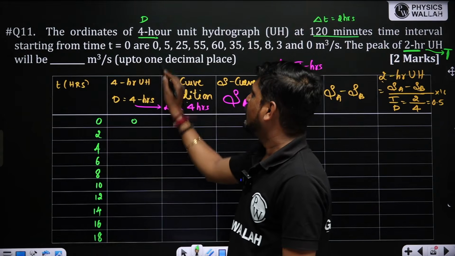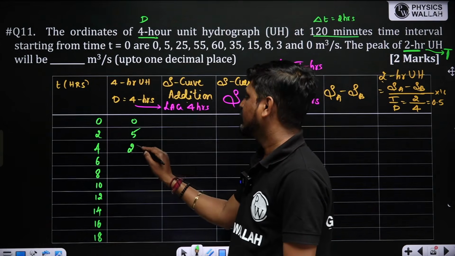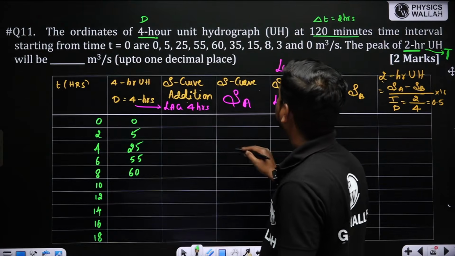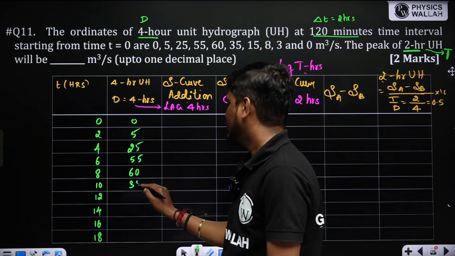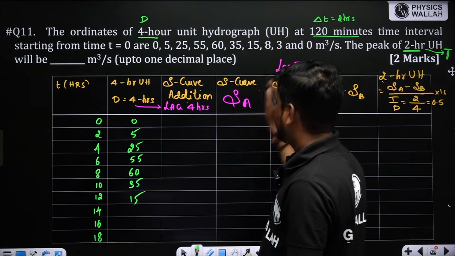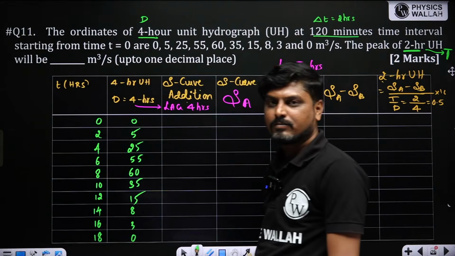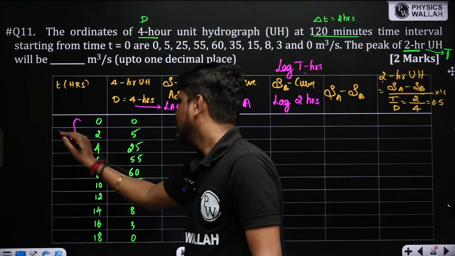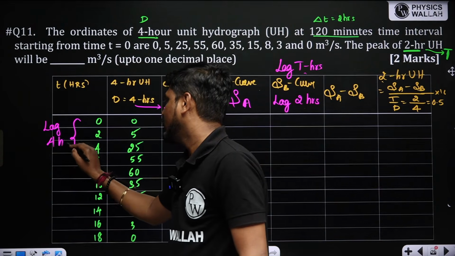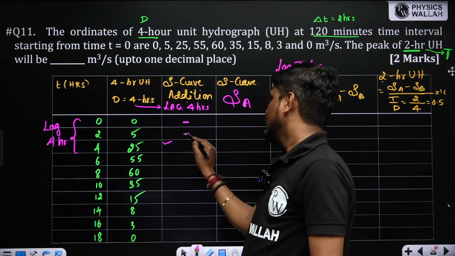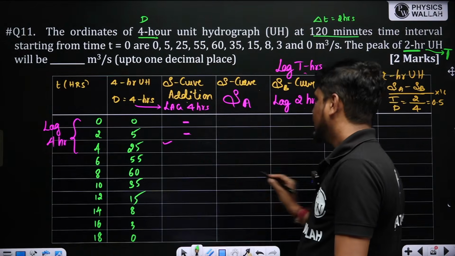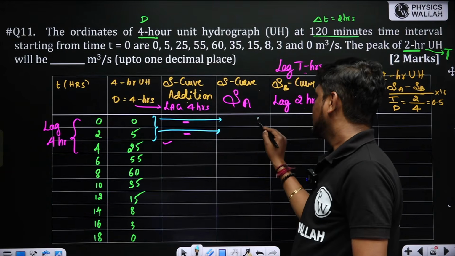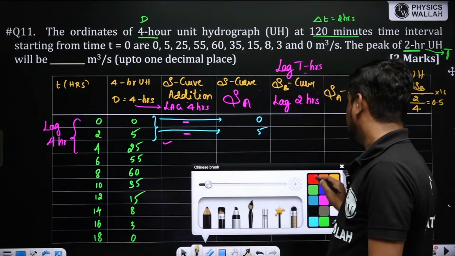गिवन डेटा लिखो 0, 5, 25, 55, 60, 35, 15, 8, 3, 0। इधर लैग 4 आवर्स, लैग 4 आवर्स इधर से शुरू करना है। तो 2 वैल्यूज एट ए टाइम आपको ड्रॉप करना चाहिए। सो ये 2 वैल्यूज डायरेक्टली इधर आ जाएंगे, 0 एंड 5। तो ये 2 वैल्यूज नीचे डालिए।